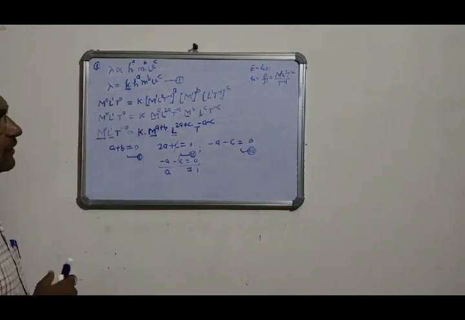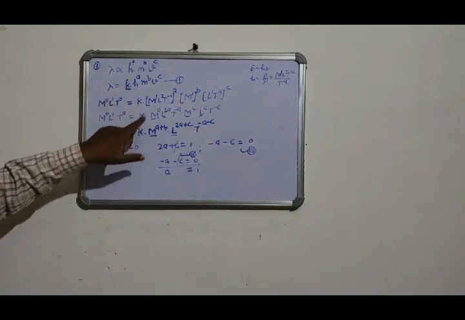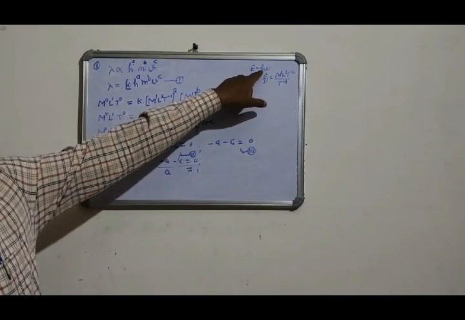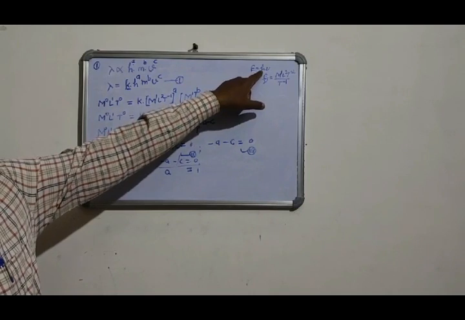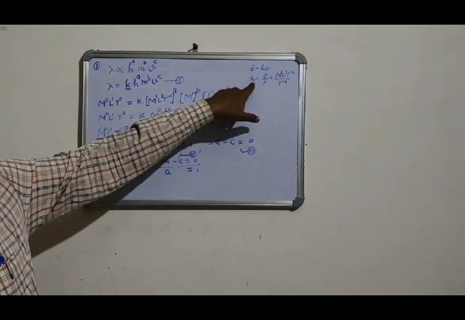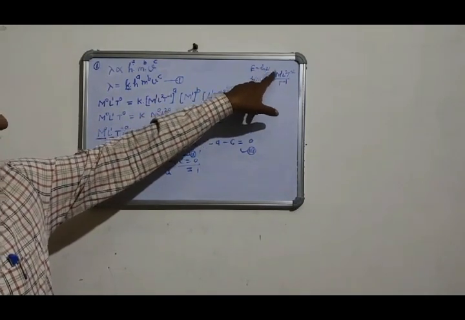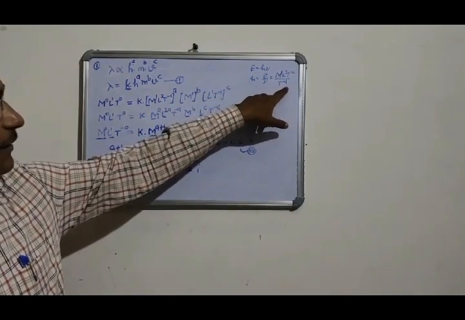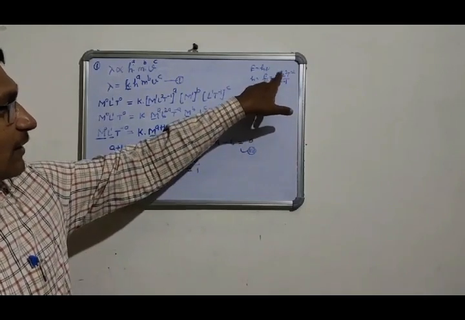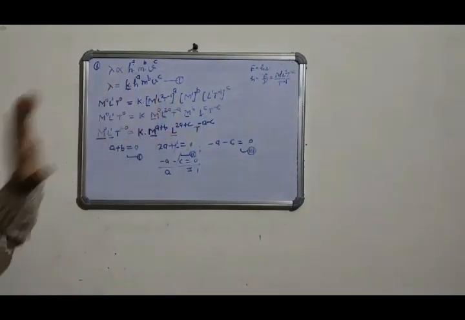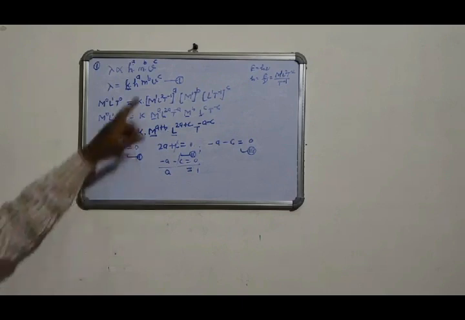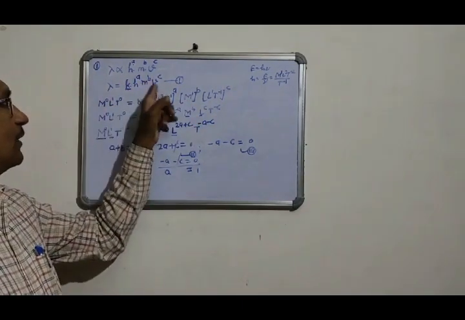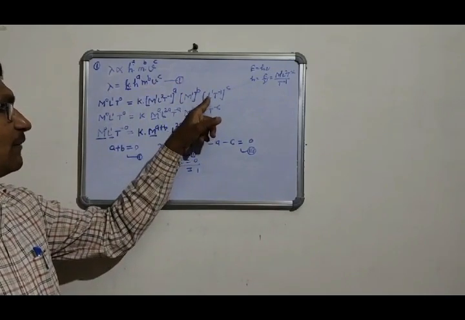H is the Planck constant, and its dimensional formula is M1 L2 T minus 1. Here, E equals h nu according to Max Planck's law, so h equals E by nu. E is the energy, M1 L2 T minus 2, and nu is the frequency, T minus 1. So M1 L2 T minus 1 is the dimensional formula of the Planck constant. M is M1 L0 T0, and V is M0 L1 T minus 1.